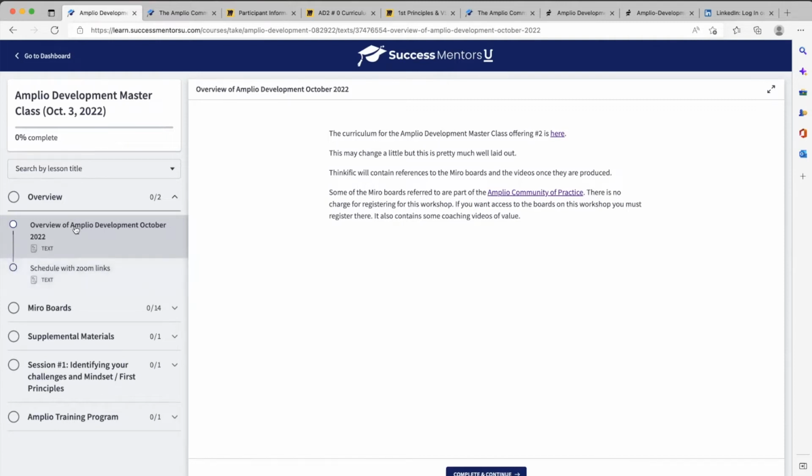Now, let me explain why I use the boards, because there are two things about Amplio I really want you to understand. Actually, three things that are probably really different. Obviously, the content is different, and I'm going to talk about that in a minute. But there are two other things that are really important, and they've been ignored pretty much by the Agile community in general. And one is, it does you no good to know something if you can't convey it. Now, that sounds kind of obvious, doesn't it? Really, it doesn't. Well, it does you if you're a practitioner. It does you okay. But look at how much training is out there, and all they do is they teach you stuff. They don't teach you how to convey it.